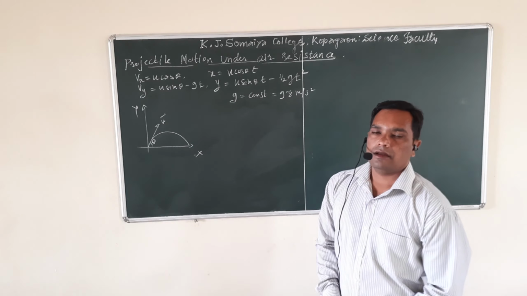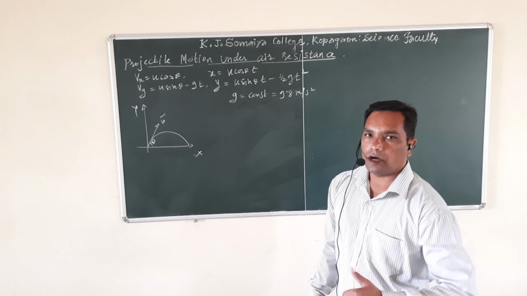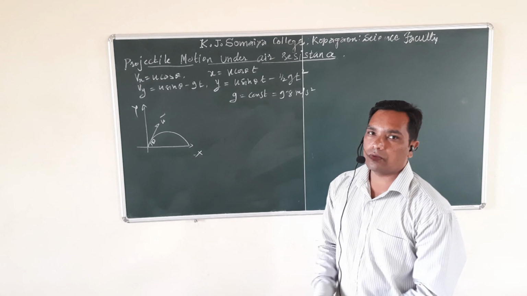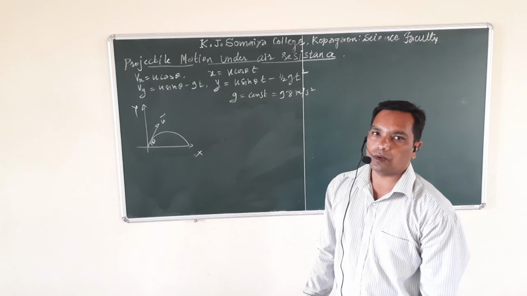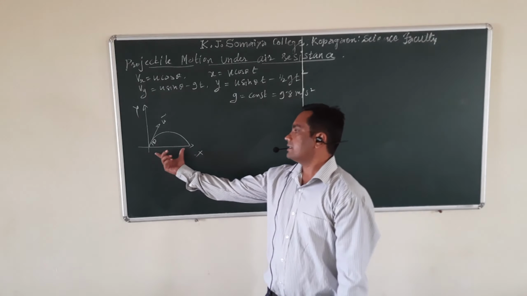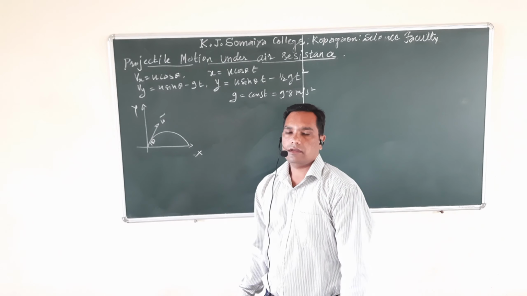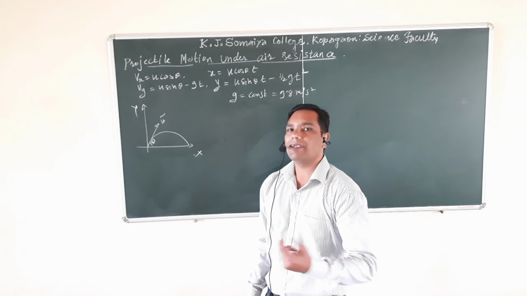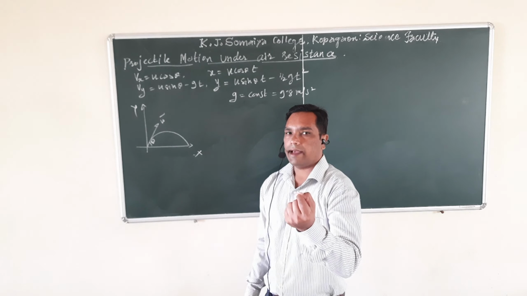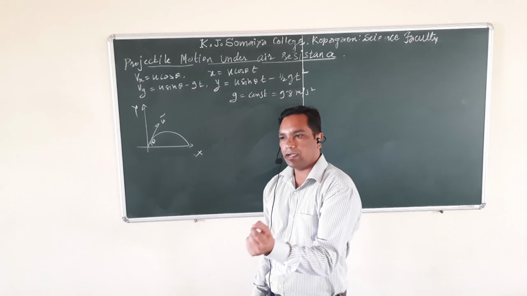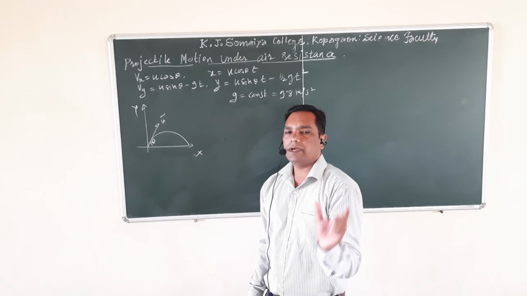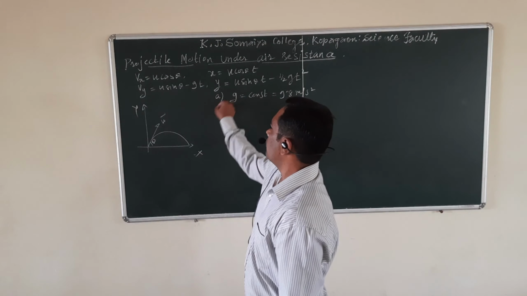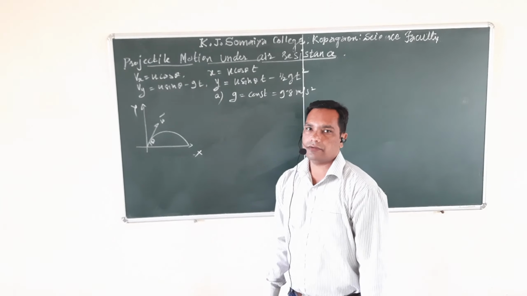We know that as we go above the surface of the earth, the value of g goes on decreasing, so we are not going to take that effect into consideration. Also, acceleration due to gravity is not constant on the equator and on the poles. On the equator the value is slightly higher, and on the poles it is slightly less. So we are not taking those effects. So our first assumption is that the motion is under constant acceleration.